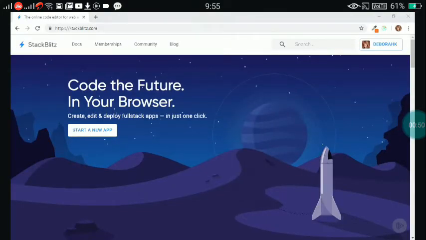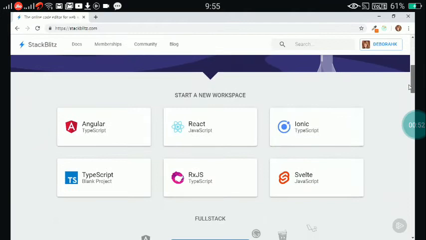I've navigated to StackBlitz. Scroll down to see the available frameworks and libraries. We want to build a